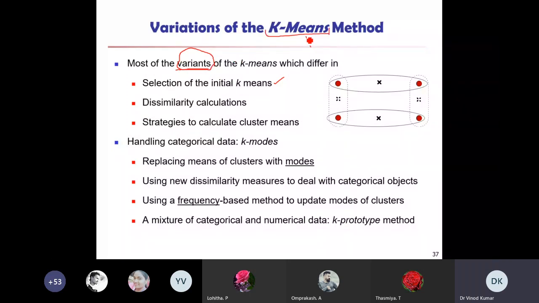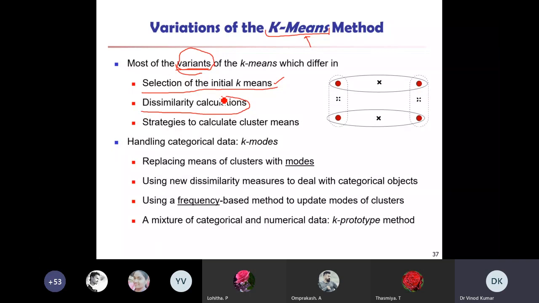Somebody has added some new features in the k-means algorithm, and that will be under the variants. Most of the variants differ in the selection of the initial k-means. Whatever initial centroids you are taking, in that way it can make a difference.